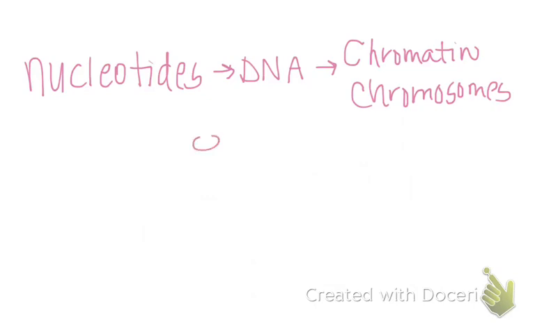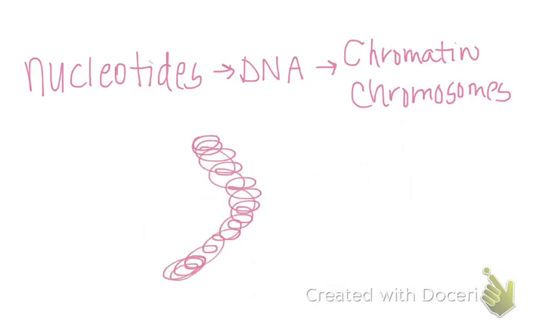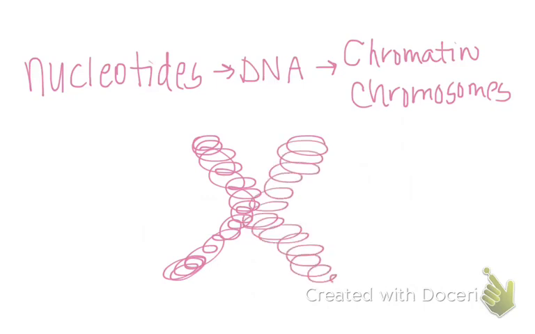Okay, so when you look at a chromosome, which we're going to draw like this, it's tightly coiled DNA. So a part of that DNA, a segment of that DNA, let's just say just this part right here, that's a gene to make eye color. You have an eye color gene from mom and one from dad. So that's where your alleles come from. So this is an allele and this is an allele.